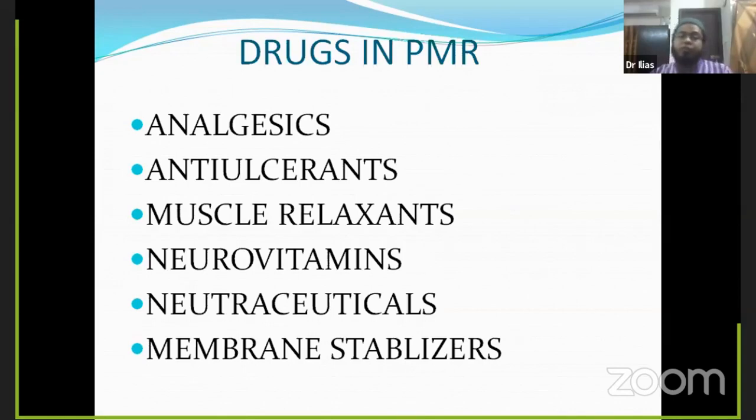So these kind of membrane stabilizers can be prescribed to prevent or to treat neuropathic pain, which is very common in cases of lumbar radiculopathy, or sometimes we get carpal tunnel syndrome patients. In this case, the patient will have abnormal sensation, that is paresthesia, numbness, and these are very irritating for the patient. To counteract this kind of irritating sensation, we should prescribe membrane stabilizers.